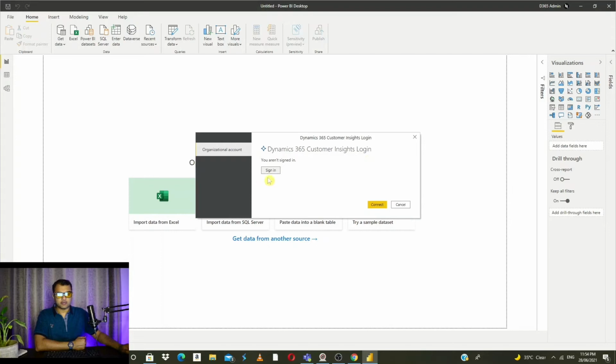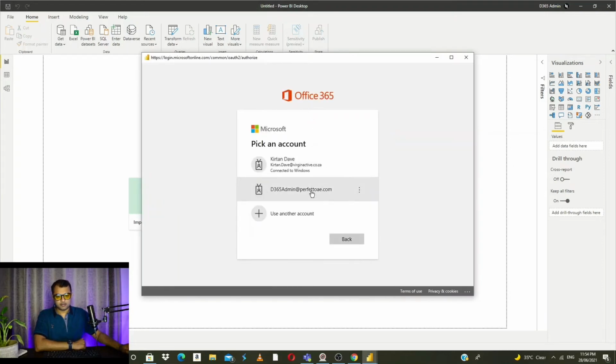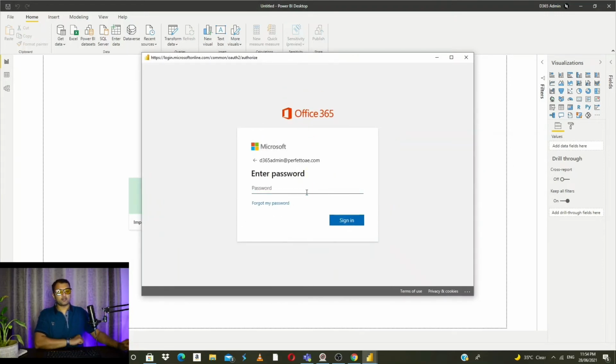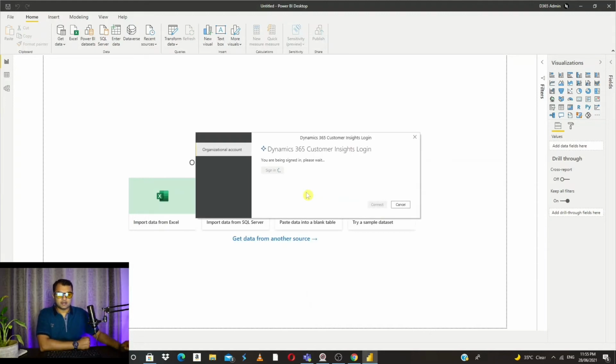And here you need to sign in. While signing in, you will be asked for your organization account or your partner account. So sign in through the appropriate account for that connection. Click on connect.